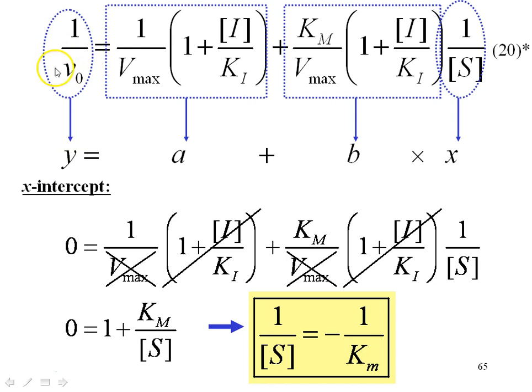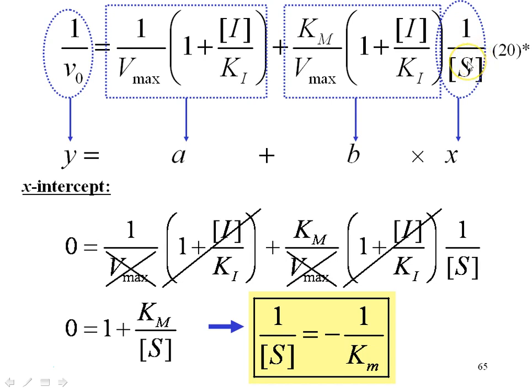Let's see its components. This is the y-axis. That box represents the intercept. The y-intercept is not anymore 1 over Vmax, but 1 over Vmax multiplied by alpha. And then here I have the slope, which is Km over Vmax times alpha, multiplied by the x,